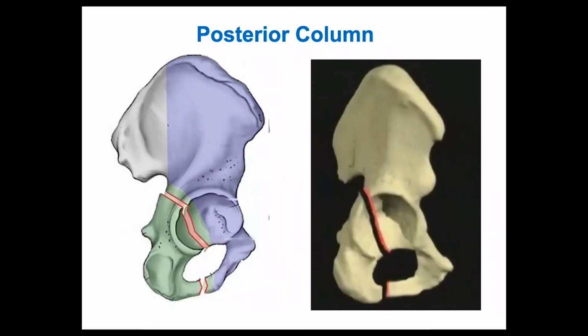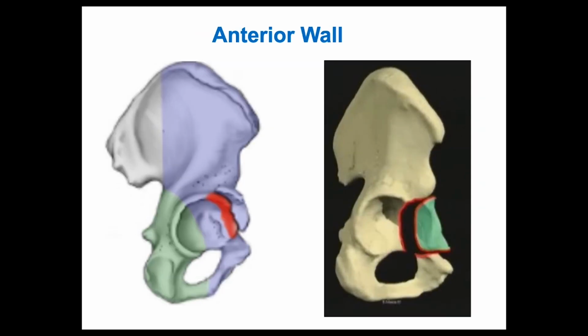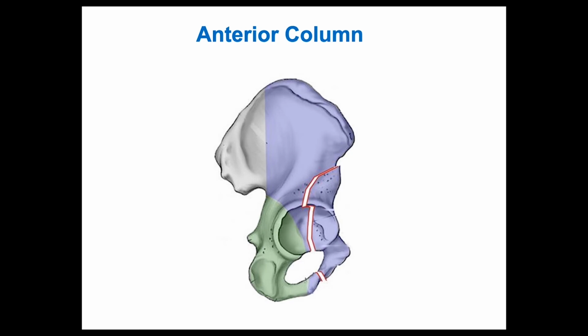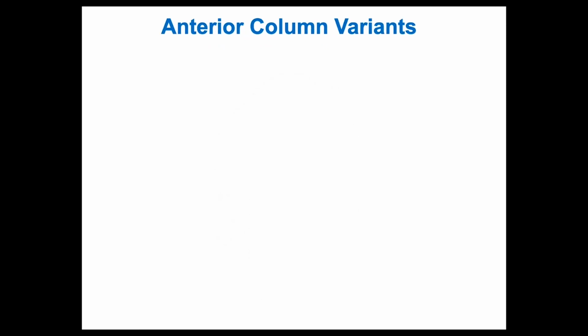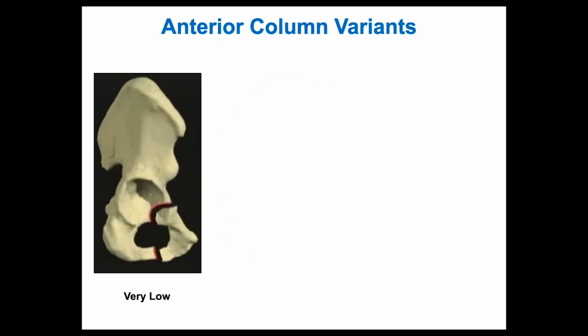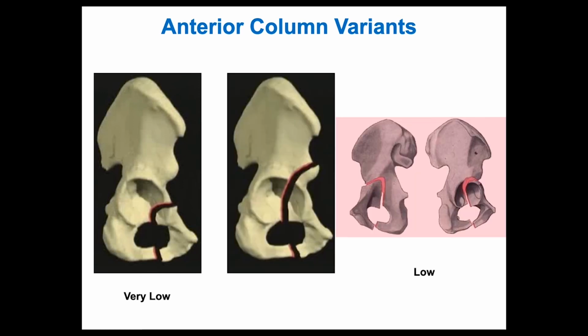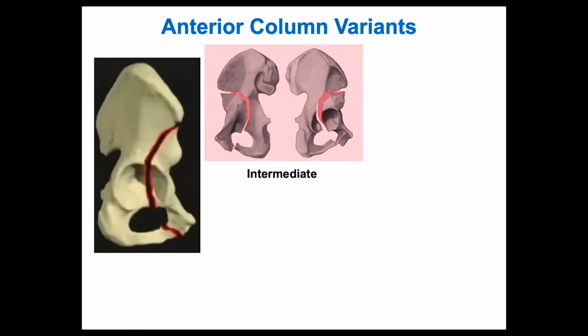And this is the second elementary fracture type, which is the posterior column fracture, which is rather a rare fracture occurring in about 3% of acetabular fractures. And this is the anterior wall fracture. There is also an isolated anterior column fracture, which might include different variants, including very low variant as well as low variant,